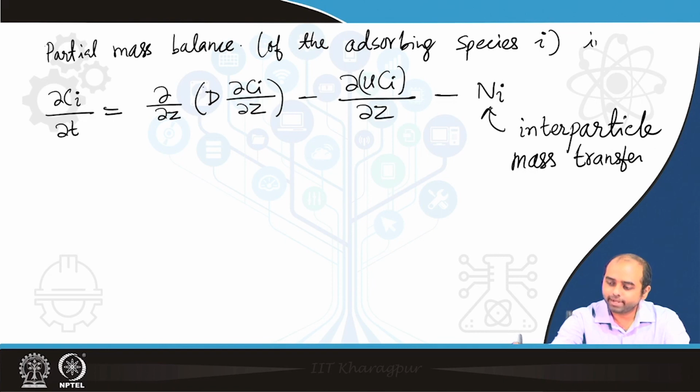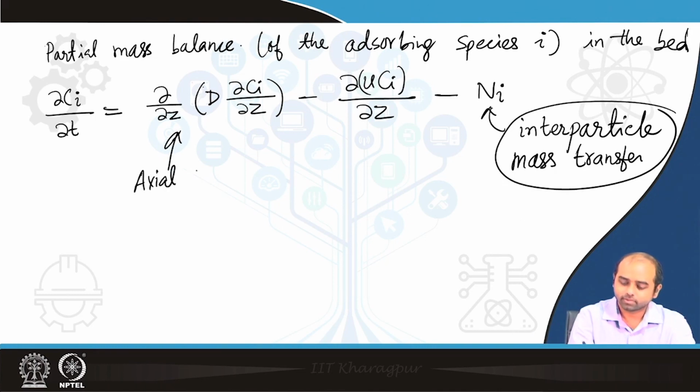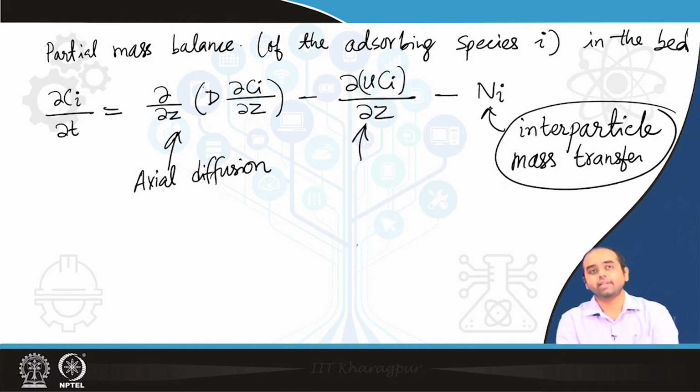So, this is the balance in the bed or in the column, right. So, this is the axial diffusion. Since this is a gas flow where diffusivity of gases is generally very high and Peclet number is low for the problem, diffusion cannot be ignored relative to convection, unlike the scenario for liquid cases,